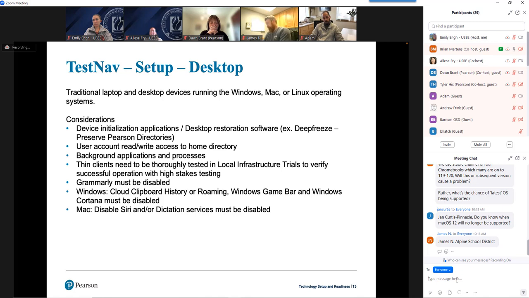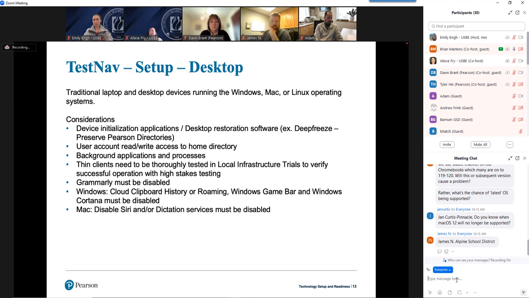The problem is that we save a couple of files in a directory that we want to have retained. So underneath the user's home folder, if I signed into a Mac or Windows machine as Brian under users/Brian, TestNav will create a Pearson folder.